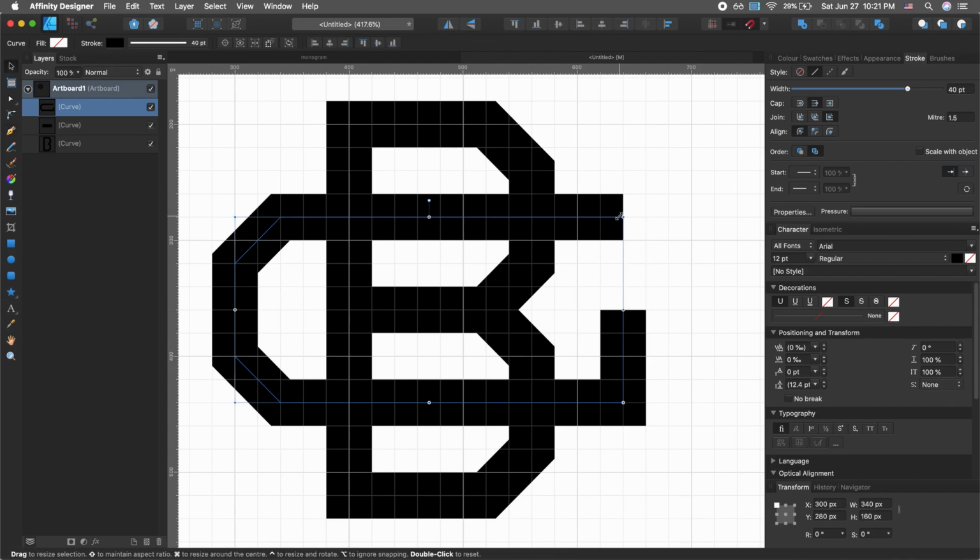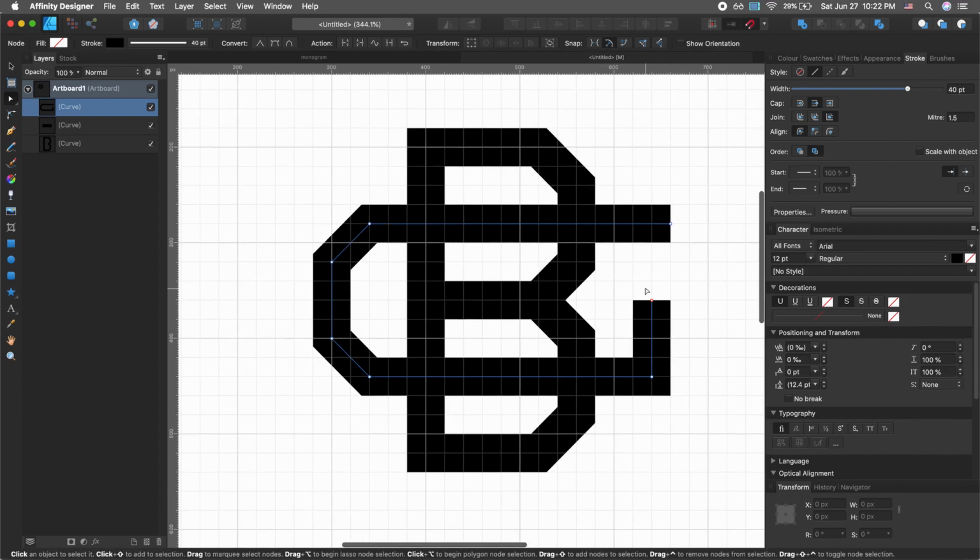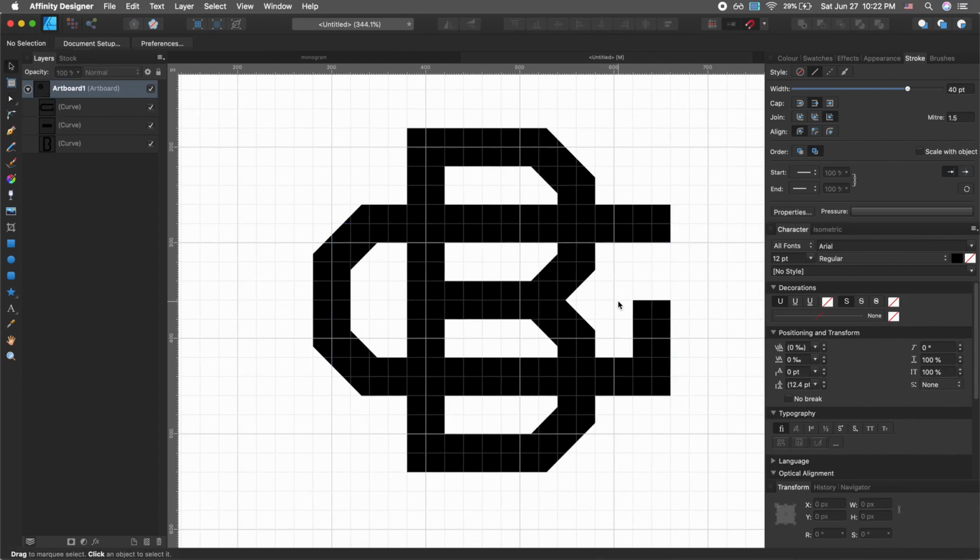So one thing you can notice is that this does not look very good because we have some overflow on the G on this side. So we can go ahead and select this point by hitting A on our keyboard, and then you can hover over or drag and select this point, and you can just drag it to the right, and that looks pretty good. All right, so this is the general shape of our logo, which already doesn't look particularly the best,